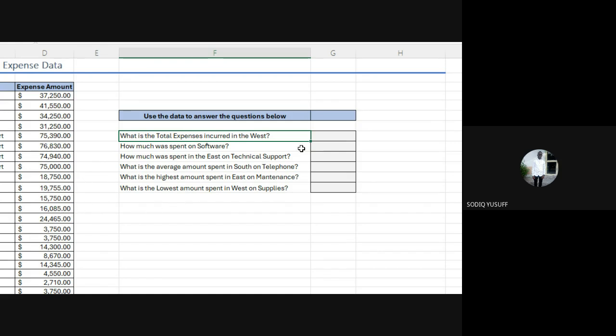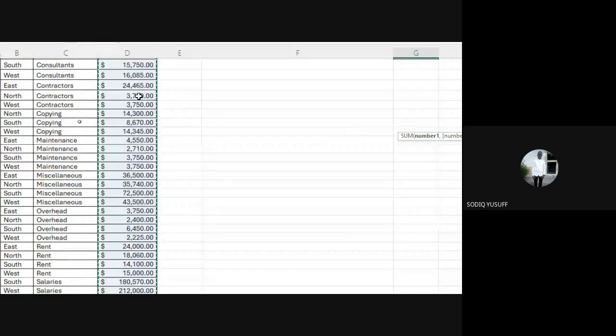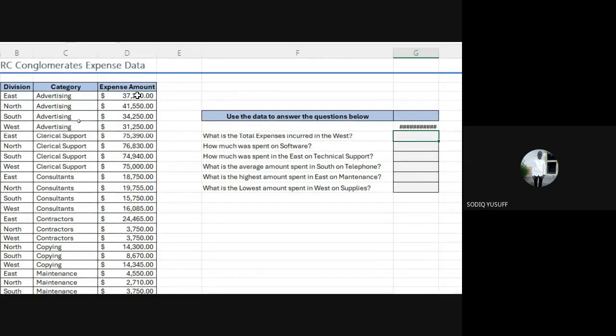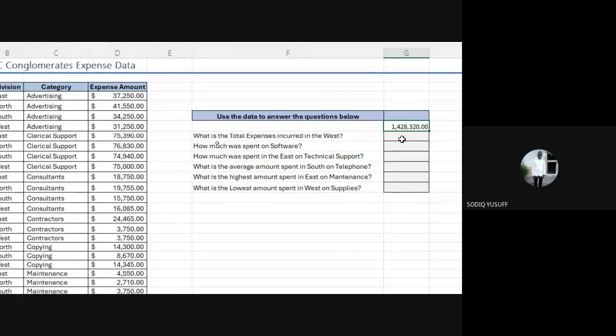Now, if at this moment we were asked to find the total expenses, we already know that our total expense is going to be the sum of the expense column, right? We just go to the expense column and add all the numbers. But in this case, the case is different. What we are asked is the total expenses, and we are not narrowing it down to a particular location. So who can tell me, how do you think we are going to solve this challenge?